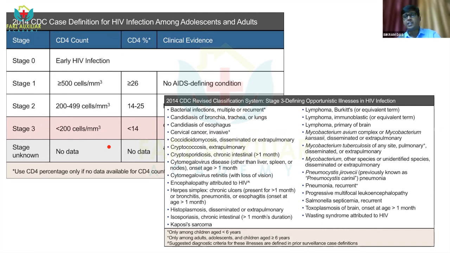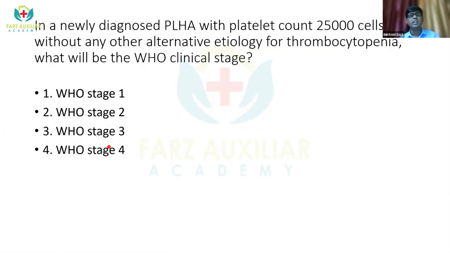And opportunistic infections like coccidioidomycosis, cryptococcosis, cryptosporidiosis, CMV infections, Mycobacterium tuberculosis, mostly extrapulmonary, Pneumocystis jirovecii pneumonia, Salmonella septicemia, which is recurrent, and definitely toxoplasma in brain, that is CNS toxoplasmosis. So these are the HIV defining conditions. While WHO has defined it in a slightly different way as per the clinical criteria.